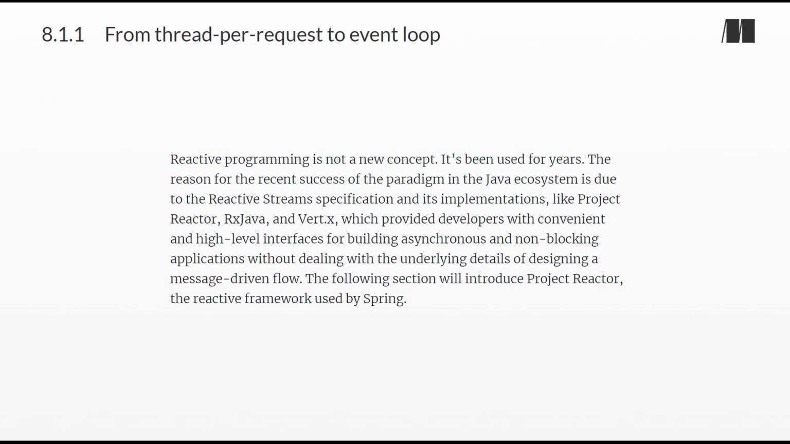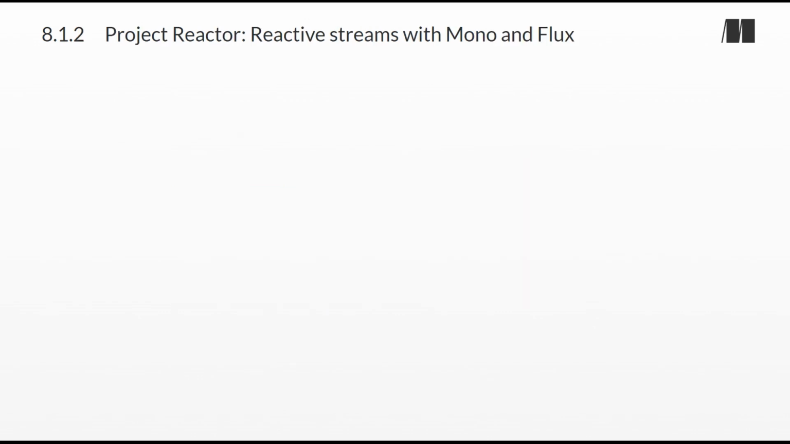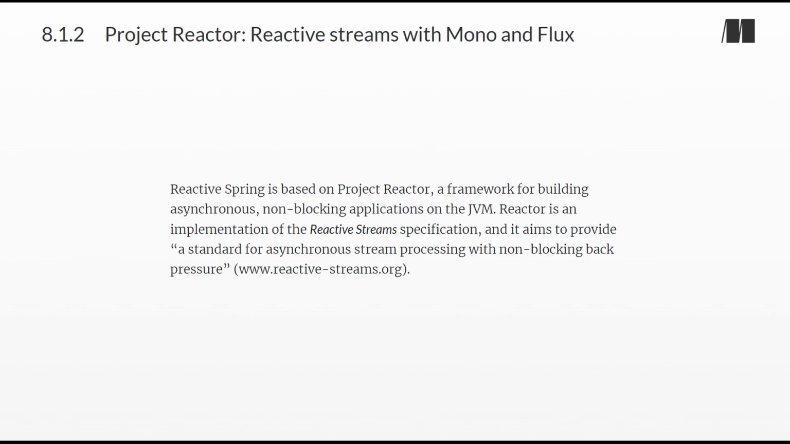The following section will introduce Project Reactor, the reactive framework used by Spring. Section 8.1.2, Project Reactor, Reactive Streams with Mono and Flux. Reactive Spring is based on Project Reactor, a framework for building asynchronous, non-blocking applications on the JVM. Reactor is an implementation of the reactive stream specification, and it aims to provide a standard for asynchronous stream processing